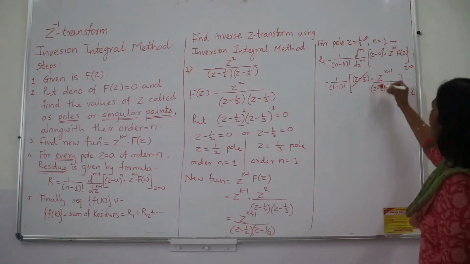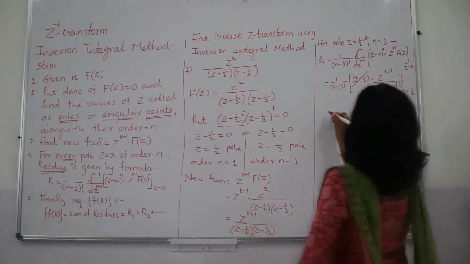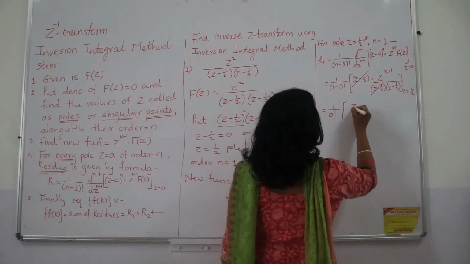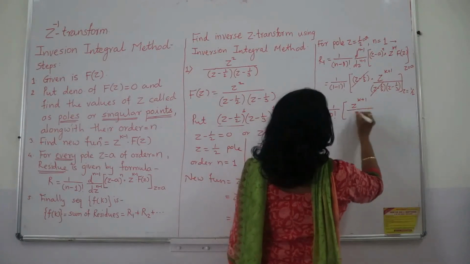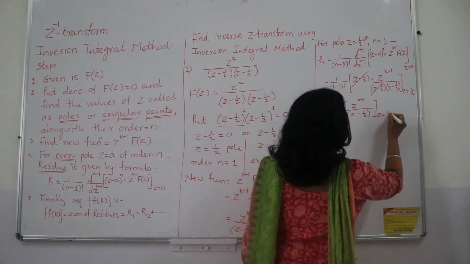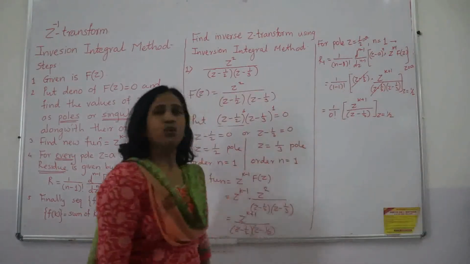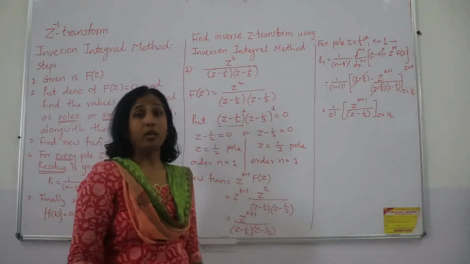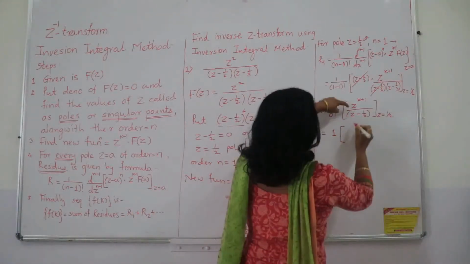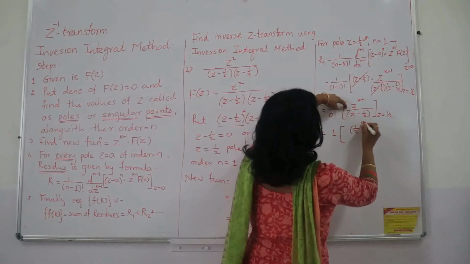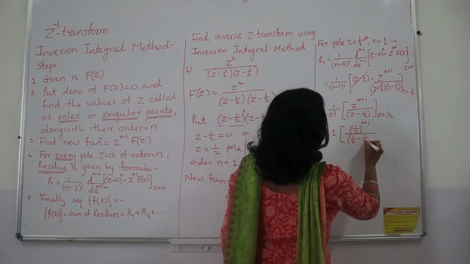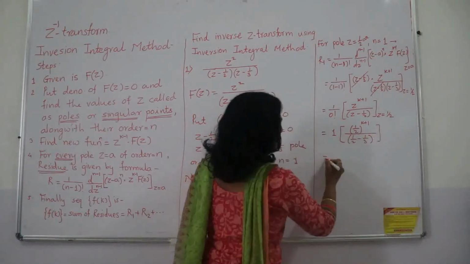So very first thing, see, these two factors will get cancelled. Now this is equal to 1 upon 0 factorial, and here meanwhile I got z raised to k plus 1 upon z minus 1 upon 3, and in that I have to place the value z is equal to half. Now what is 0 factorial? 0 factorial is 1. Always remember this. So this value will become 1, and now you place z is equal to half here. So half raised to k plus 1 divided by half minus 1 upon 3, and then this is equal to, I can simplify it.